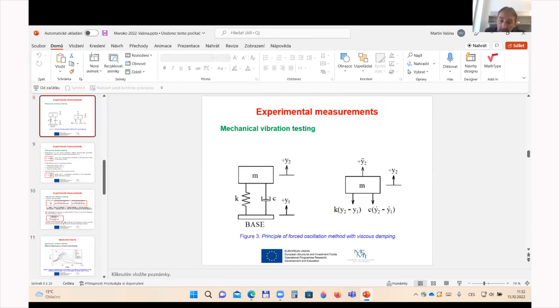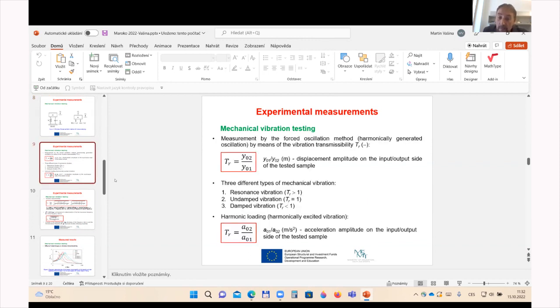Here in this figure, the principle of the force oscillations method is shown. In general, the materials are characterized by some material stiffness and damping coefficient. So we have these forces, and based on the forces, we can determine the vibration transmissibility. It is given by the ratio of displacement amplitudes that were measured on the input and output sides of the tested